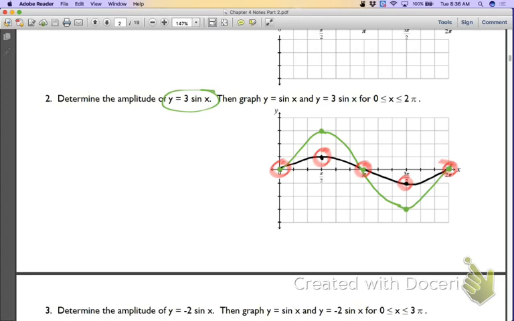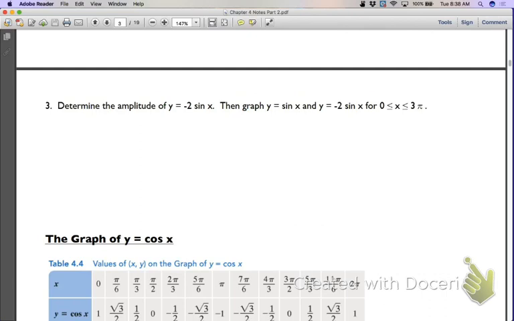Same way, if nothing's going to change from the start, we're still going to have a point at 0, 0. We're still going to have a point, as far as my original, at pi over 2 and 1. We're still going to have a reference point of pi and 0, and then just continue to go on. The main thing that's going to change here is that if we have